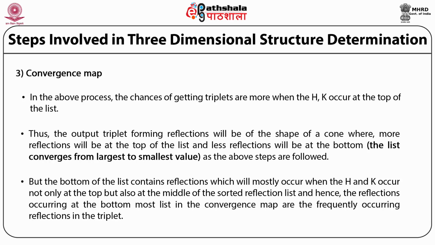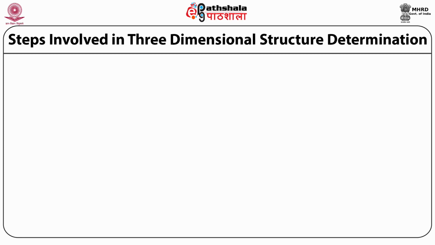So now we talk about another step known as the divergence map. Here, from the bottom of the reflection list, we select a few reflections and assign them known phase values, 0 or pi, and knowing the probable value for the triplet and knowing these two phases, the third phase can be found out. So this is the principle of the divergence map. Starting from a small bunch of reflections, we are going to get the phases for the remaining bulk of reflections. That is why it is known as the divergence map.